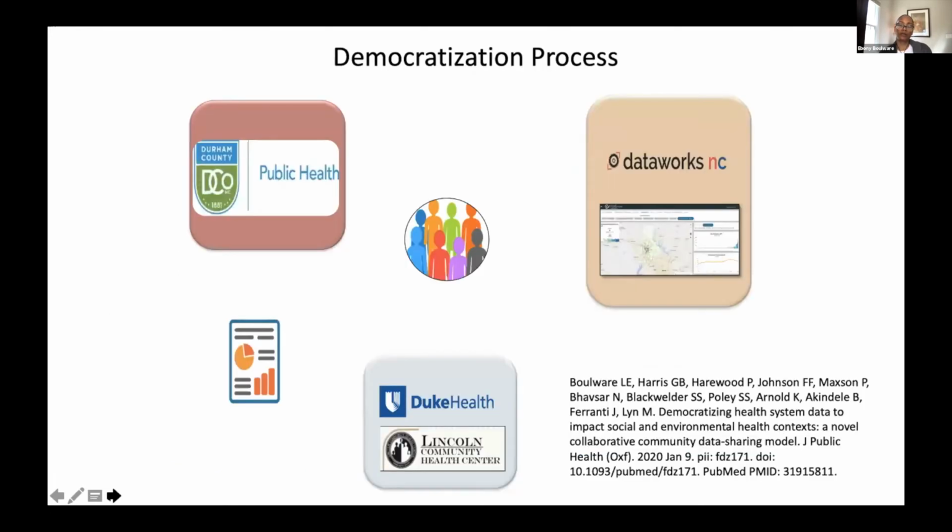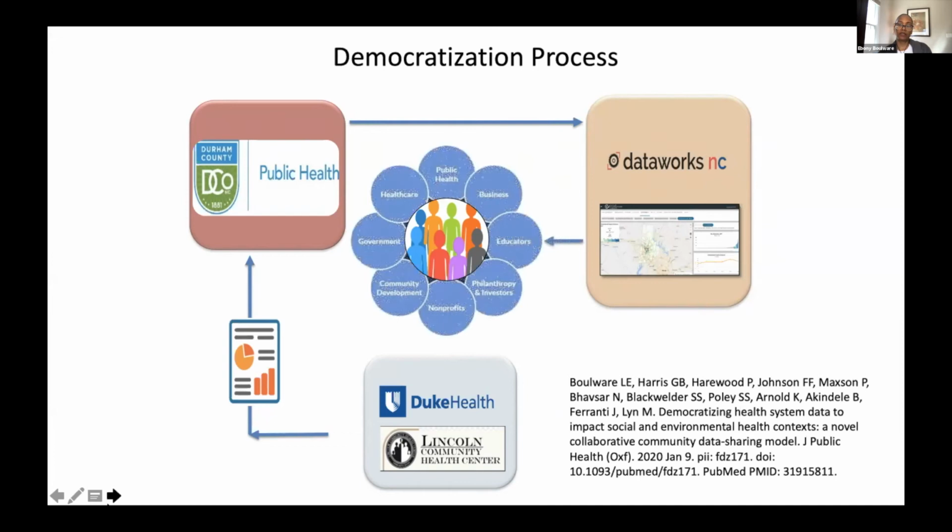The way this process works is that individuals come into the health system. Those are the individuals in the middle box, and they get healthcare at one of the two health systems. The health systems generate reports on the prevalence of conditions. Those reports are solicited by our county public health department. And the county public health department takes those aggregated data at the community level about health, sends it into the public sphere, and then that group develops some maps. I'll show you an example of some mapping of conditions locally in Durham, so that it can be used by the public and the healthcare sectors, public health sectors, but also a number of other sectors for intervention.